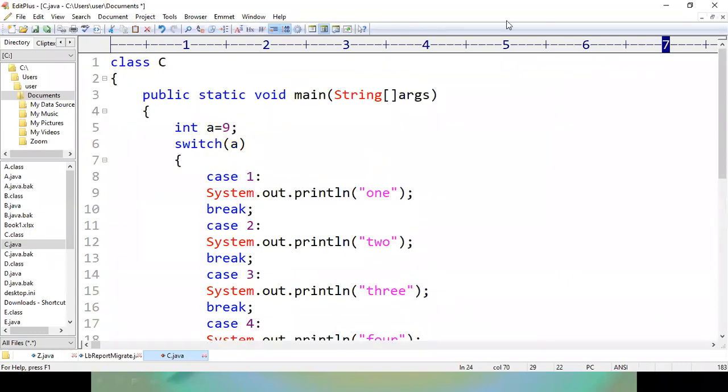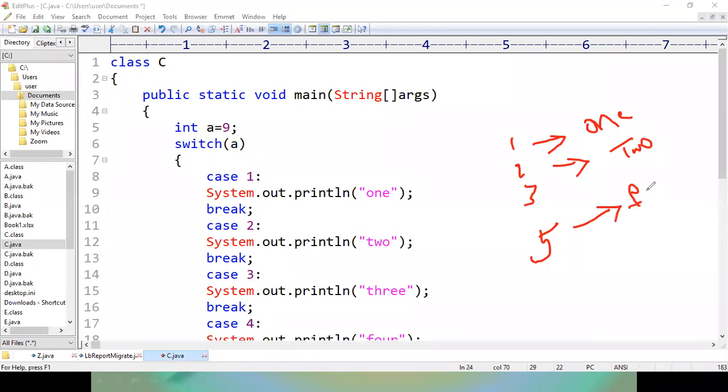So what I am trying to do is, if we enter any number in between 1 to 5, then it is going to print it in English words. If we enter 1, then on the output screen it will print ONE, and if we enter 2, then it is going to print 2, and if we enter 5, then the compiler is going to print 5. And in case the given number is not in between 1 to 5, it is going to print please enter the numbers between 1 to 5 on the output screen, right?